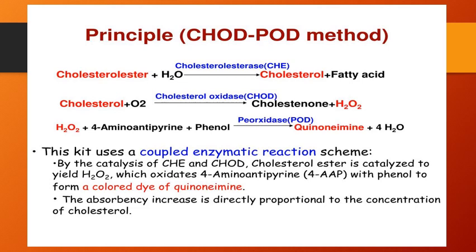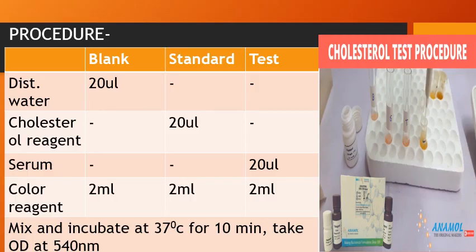This hydrogen peroxide in the presence of peroxidase enzyme combines with 4-amino antipyrine and phenol and releases a pink to reddish colored compound called quinonimine with the release of 4 molecules of water. And the absorbance or the color formed is directly proportional to the concentration of cholesterol present in that given sample. This is the principle. So procedure, we have to take 3 test tubes and they should be labeled as blank, standard